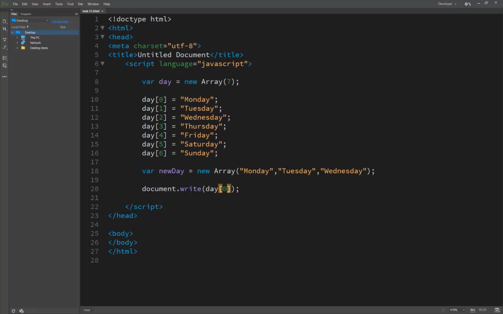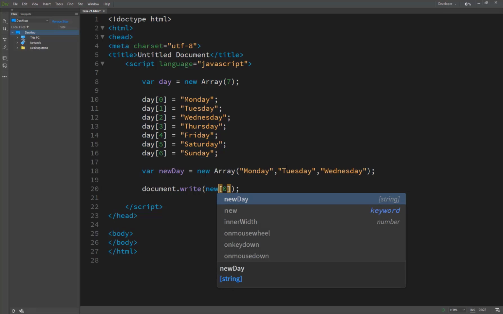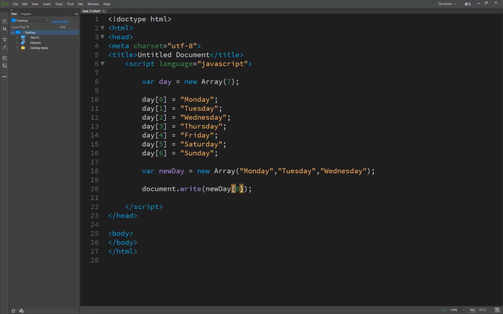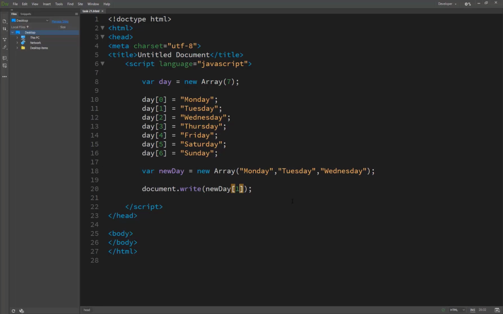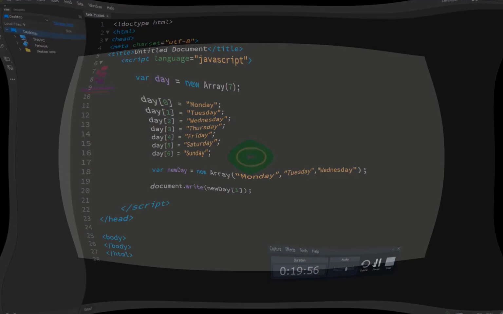So Monday. So this method works perfectly. And for the other we are just trying here a new day here, and we just write here 1, and you will see the result. This is the same as Tuesday. On the number 1 it's a 0 and it's a 1, so counting starts from 0. It's a 1 on the position of the 1. So we are completing this task.